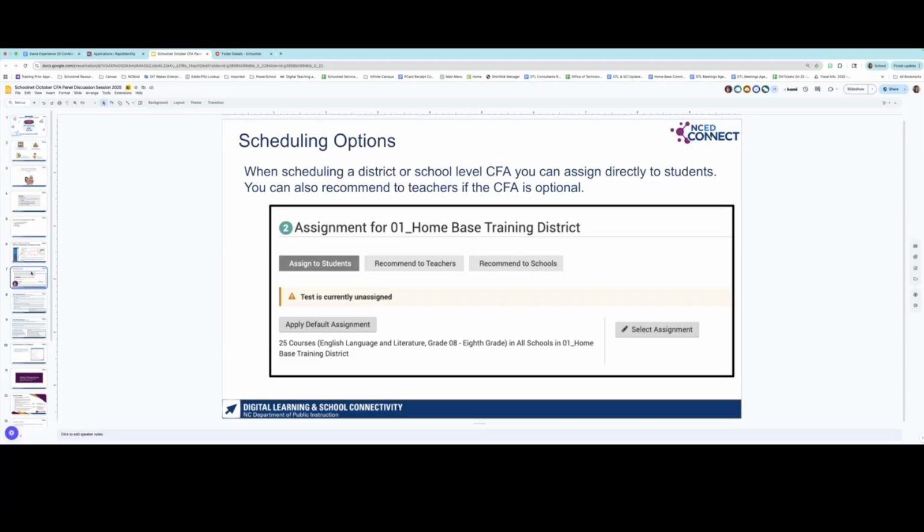If it's optional, and you're creating these as a resource for teachers to use, then you can recommend it to the teachers instead, and they would go in and pick up the test in their recommended assessments to be able to give. Either way, it does need to be assigned, whether directly to the students or recommended to the teachers, who then assign it to the students.